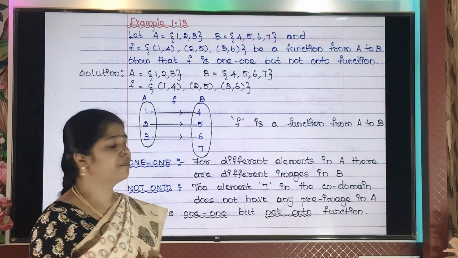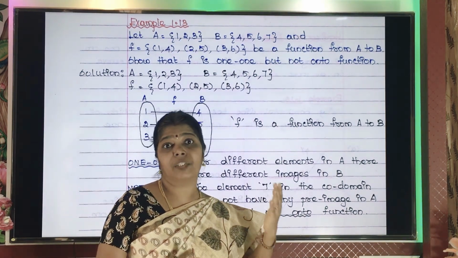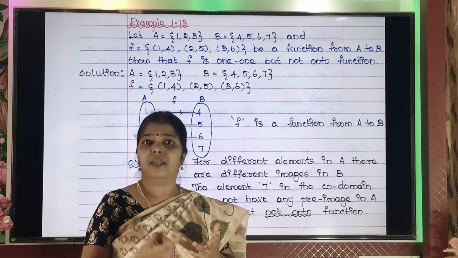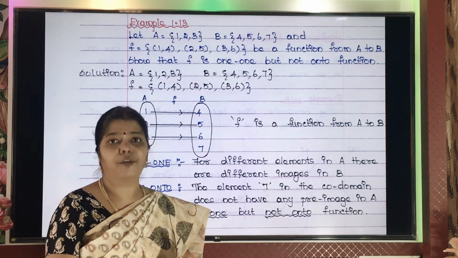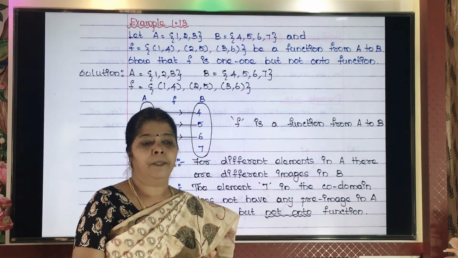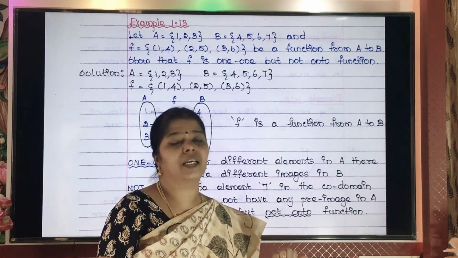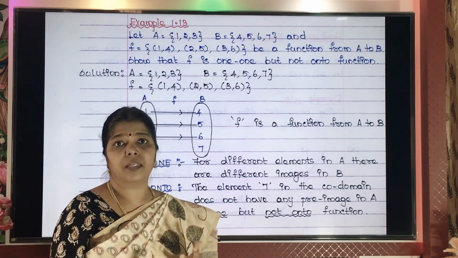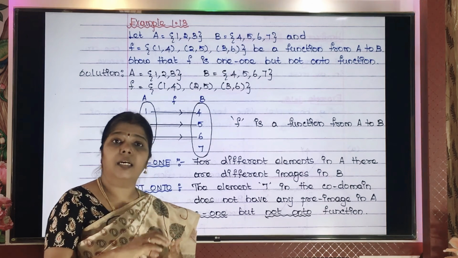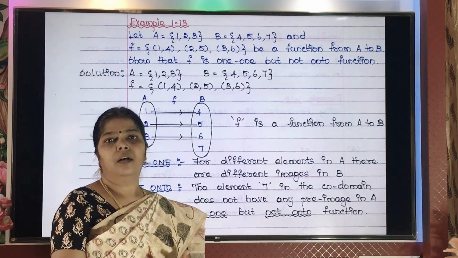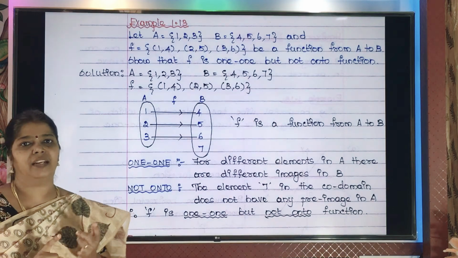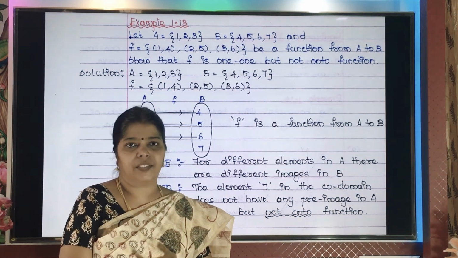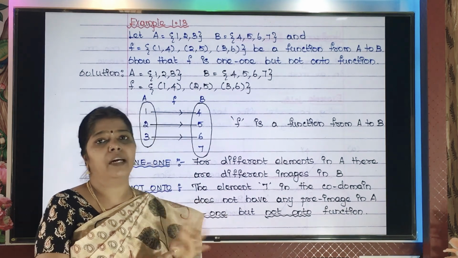Under representation of a function we have seen how a function can be represented in 4 different ways, namely arrow diagram, tabular form, a set of ordered pairs, and then the graph. And then in the types of functions again we have seen 4 different types: one-to-one, many-to-one, onto function and into function. So like that we have seen 4 different functions.